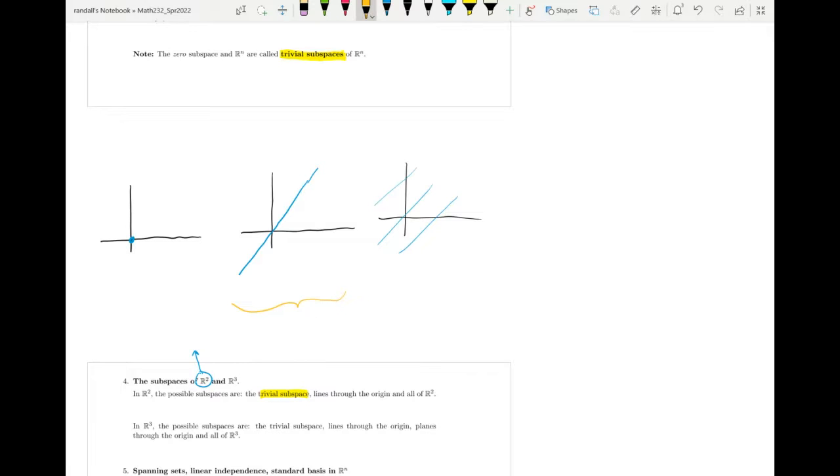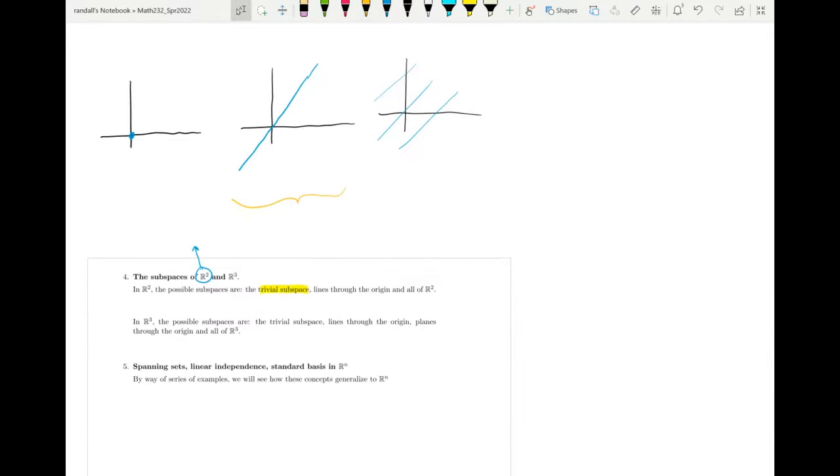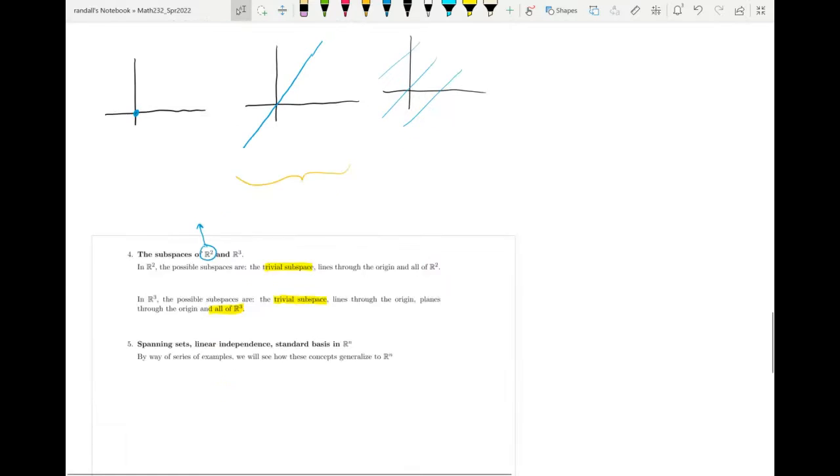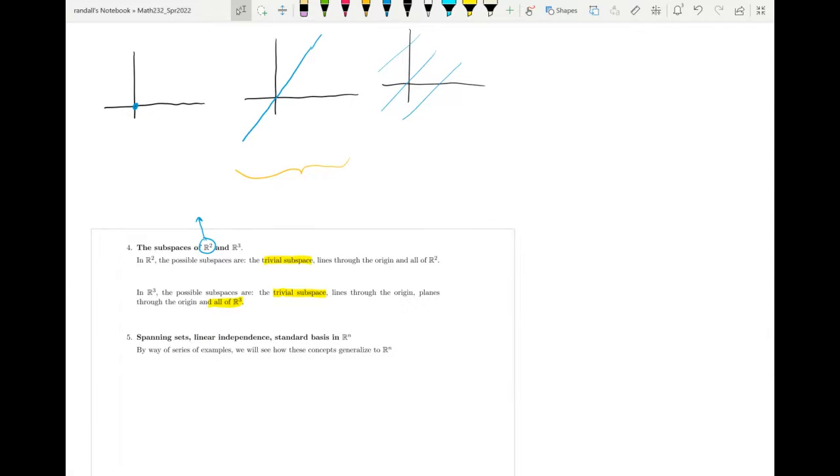So there's my R2. Now for R3, 3 dimensions, a little bit harder to sketch, but still we have the trivial subspace and all of R3. So there's the 2 trivial subspaces, the 0 vector and R3. But now in R3, we also have this notion of lines again. So lines in any dimension will be a subspace. But the planes also, we've seen above, are subspaces. So we can visualize all these